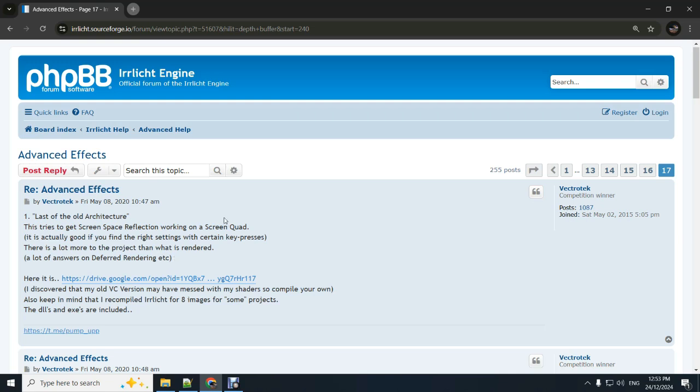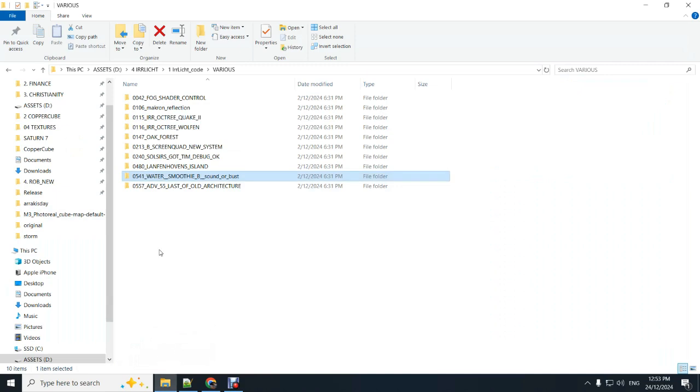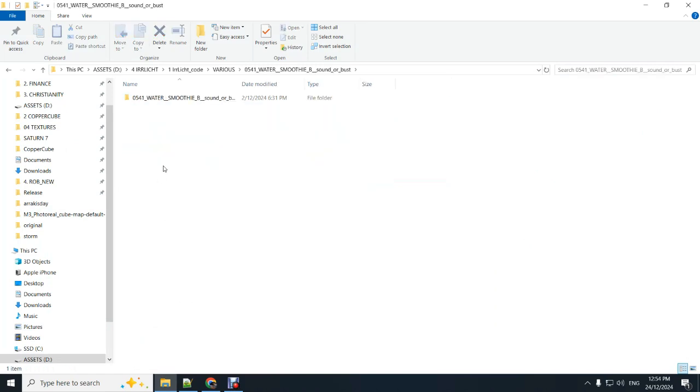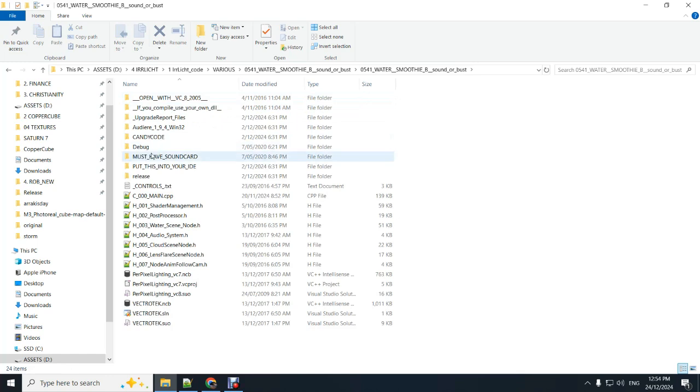So I found this page on the Irrlicht Engine forum, with some advanced effects by a person called Vetrotech. He's a very skillful guy with shaders and so forth. I've downloaded a lot of his samples, and I'm going to have a look at some of them now. These are the ones I think he's responsible for. We'll start with this one, water. It's a slightly more advanced version of water effects. He uses shaders for a lot of things. He does use his own sound engine, Audier,